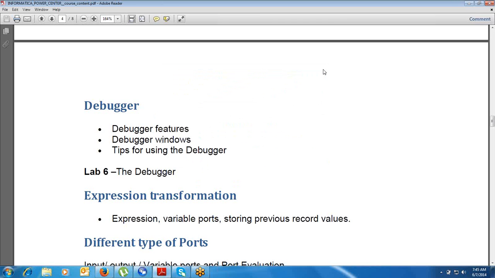So debugger will give you the exact complete flow, how the data has moved from the source to the target, and how the data has been transformed, okay, for each and every row. So we'll learn this debugger tool also, how to use this debugger tool and what are its particular features. Okay. After that,